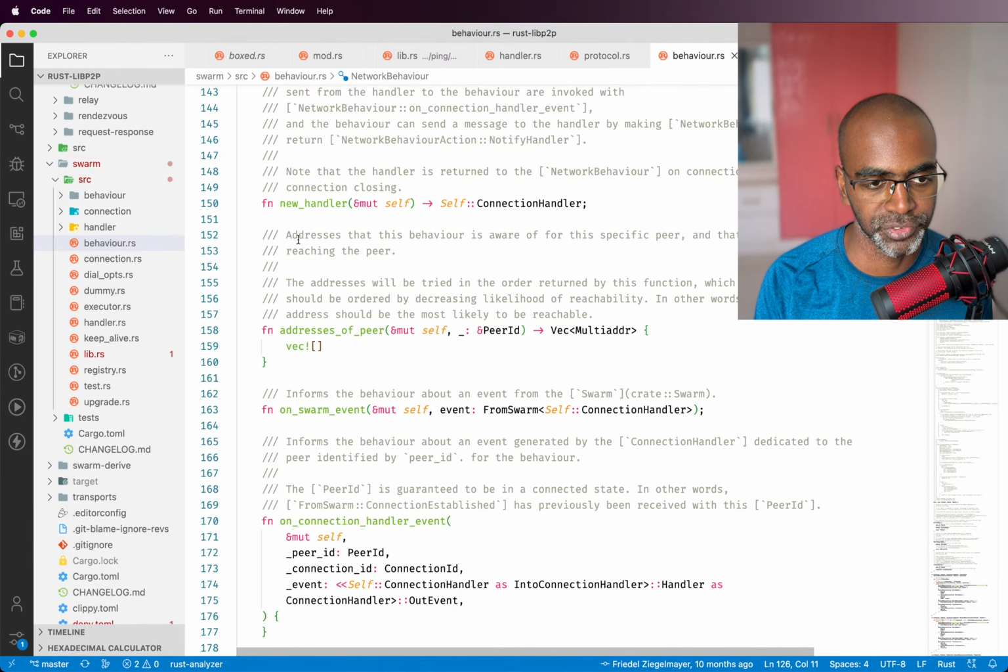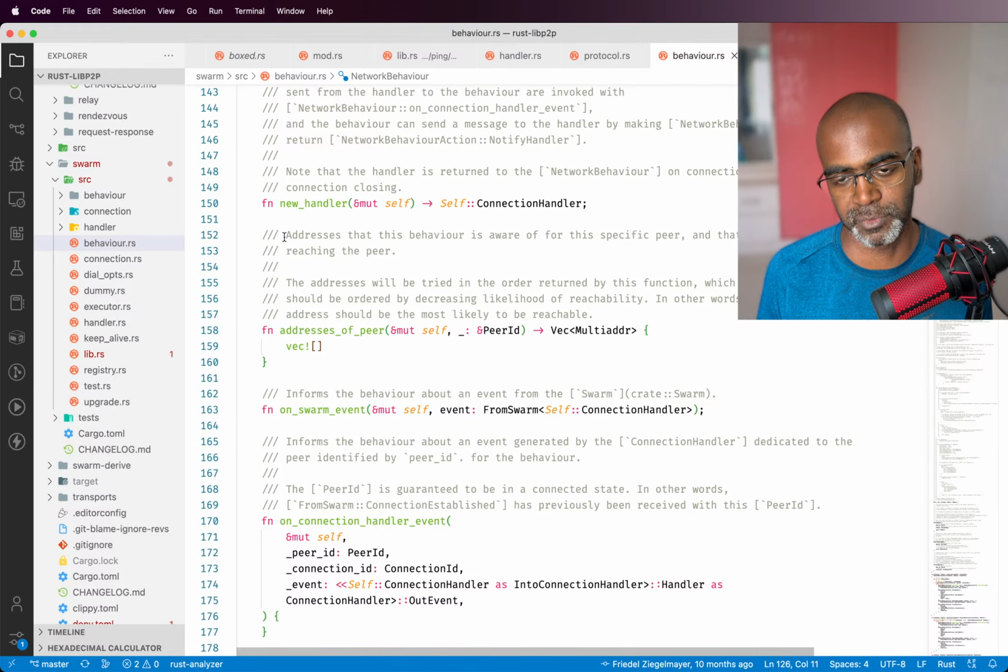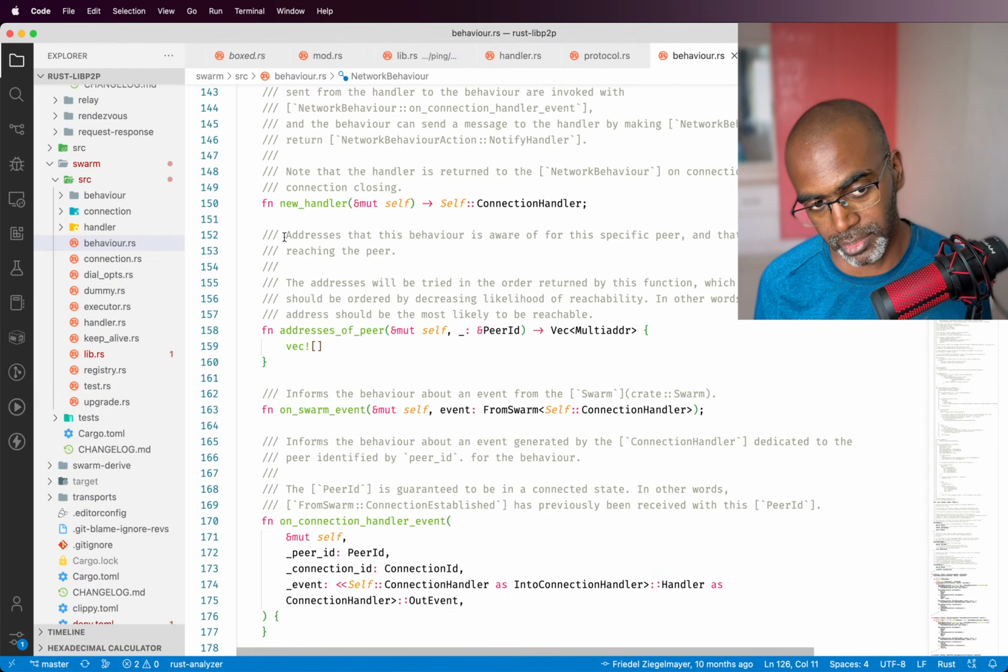So if we just read this properly, it says: addresses that this behavior is aware of for this specific peer, and that may allow reaching the peer. The addresses will be tried in the order returned by this function, which means that they should be ordered by decreasing likelihood of reachability. In other words, the first address should be the most likely to be reachable. I don't think I understood that completely, but